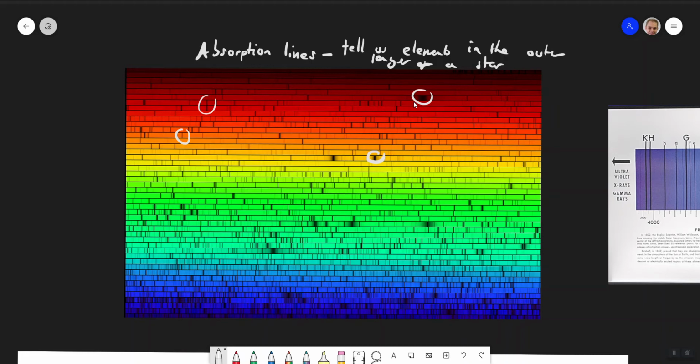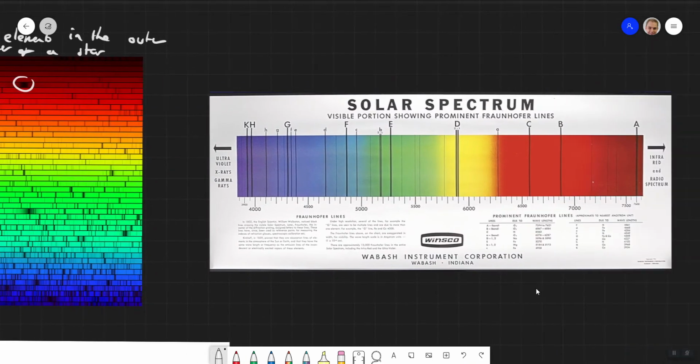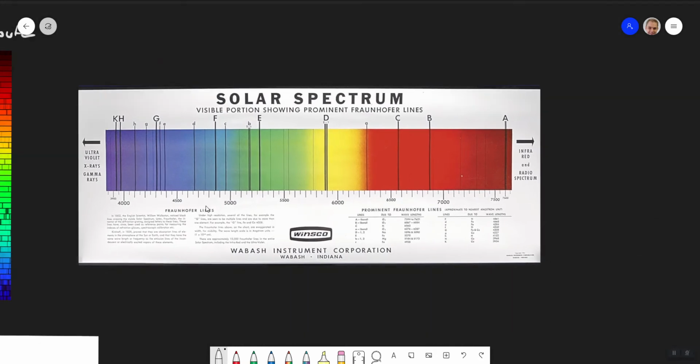Every single star will have different lines based on the elements that are in it. A star that's really old and has only got hydrogen and helium will only have lines that correspond to hydrogen and helium. Our star is a second generation star. It's quite metal rich, so there are lines representing iron and calcium and various other things. And so we can look at these lines. These are actually going to be the things that we look at to see them moving. This is obviously quite an awkward thing, but it's kind of how this gets a bit simplified.